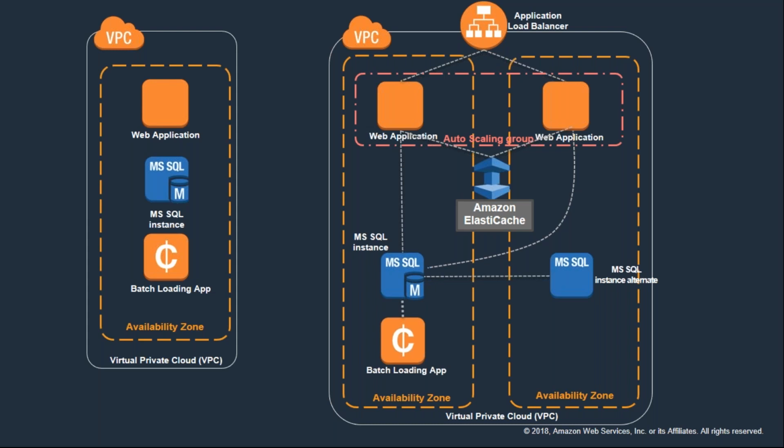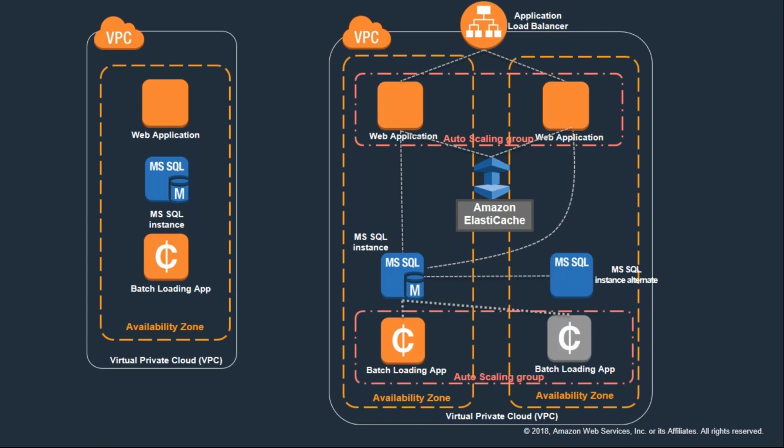For the batch application, you can run it in a single availability zone. Alternatively, you can decide to put it in an auto-scaling group and set the desired count of that auto-scaling group to 1. So when this batch application runs, and let's say it fails halfway through, the other batch application will start. So you need to do a bit of code change in this batch application. For example, when batch application 2 starts, if it realizes that the first application has failed loading the data halfway through, it can flush that data and then reload again. So there are a few code changes that you need to do when you are moving to a more